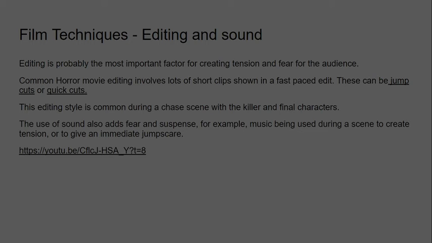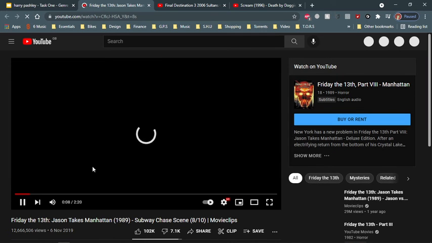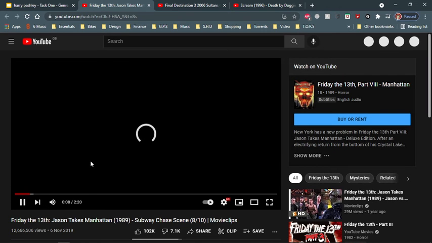Obviously, the use of sound also adds fear and suspense. Without sound, jump scares aren't really that scary, and the music is a great way to build tension and eventually reach a climax. So this is a quick scene from a Friday the 13th film. Basically goes over the sound and